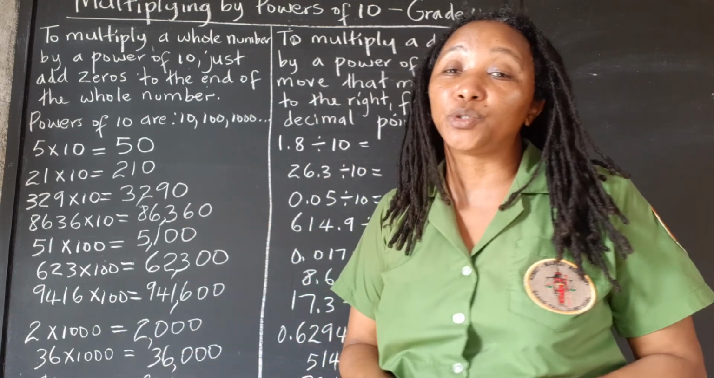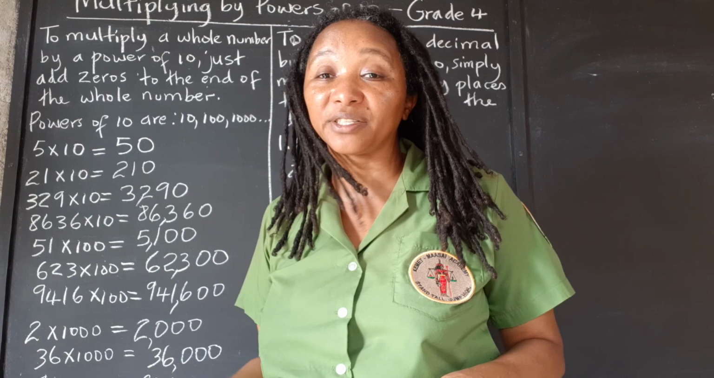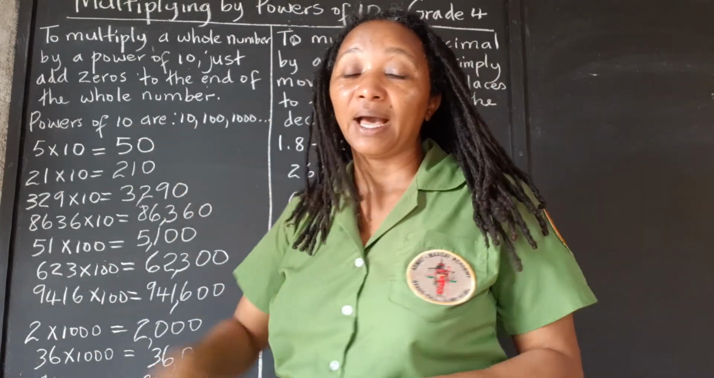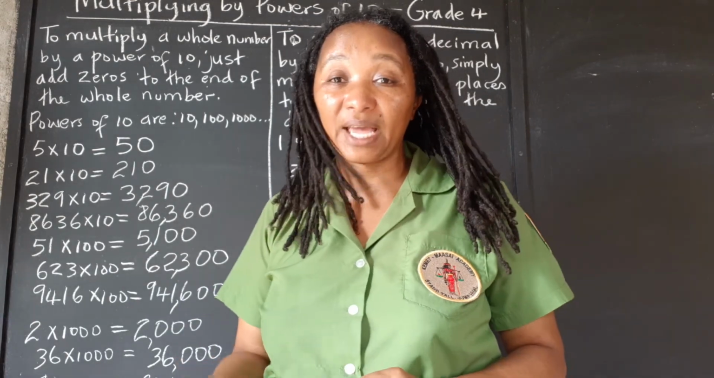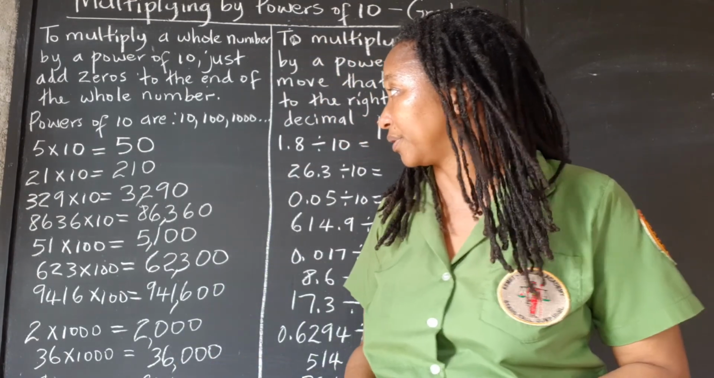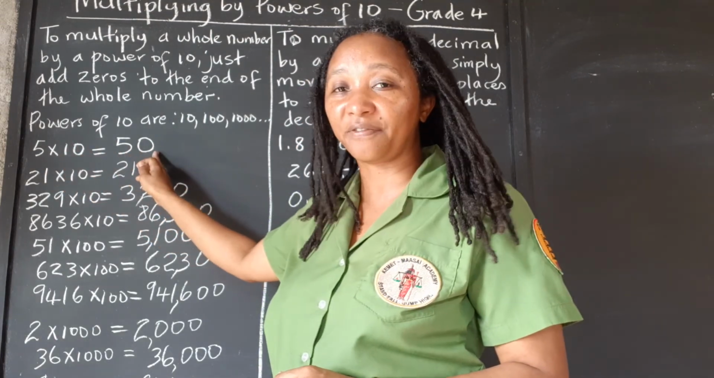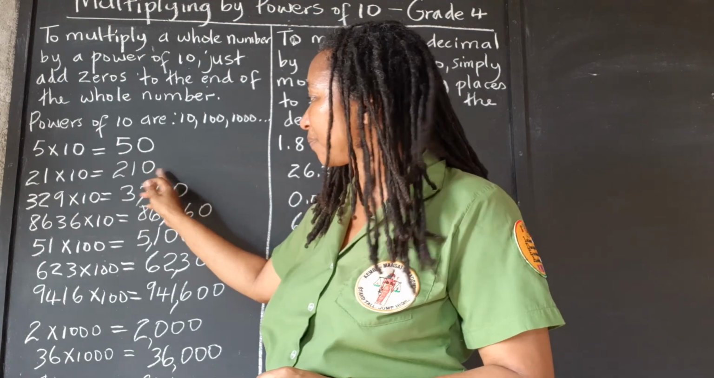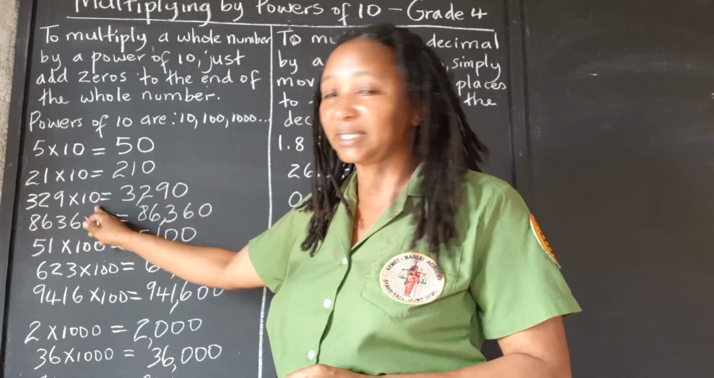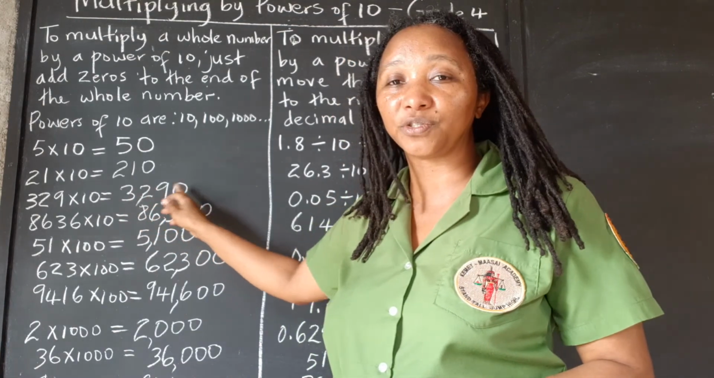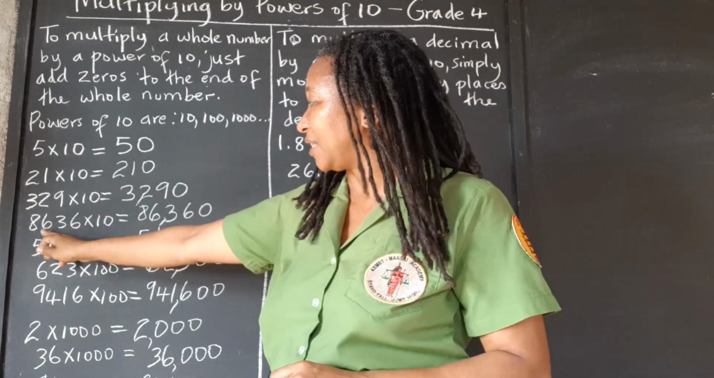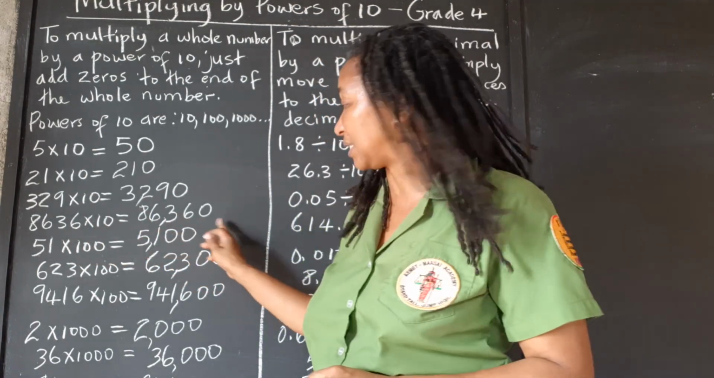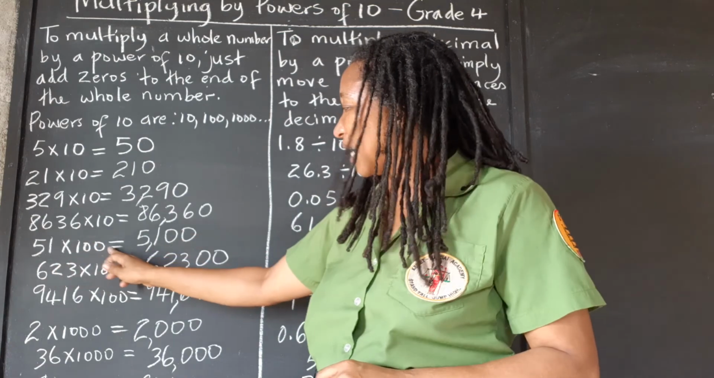And all we need to do is to look how many zeros there are in the power of 10 that we're multiplying by, and add that number of zeros to the end of the whole number. So 5 times 10 gives 50, 21 times 10 gives 210, 329 times 10 gives 3,290, 8,636 times 10 gives 86,360, 51 times 100 gives 5,100,